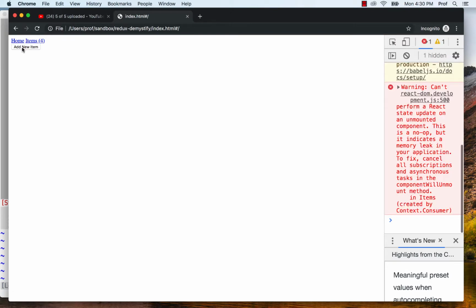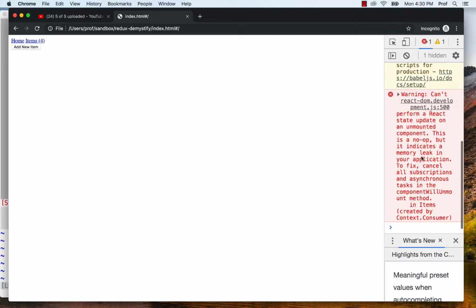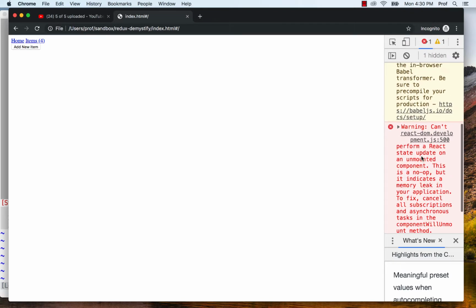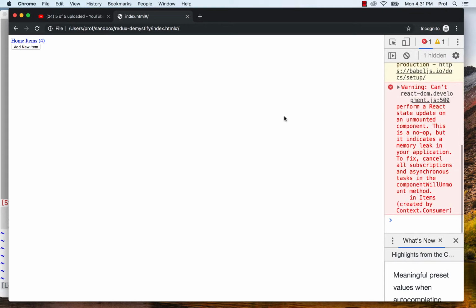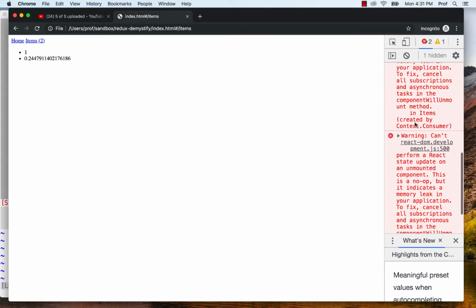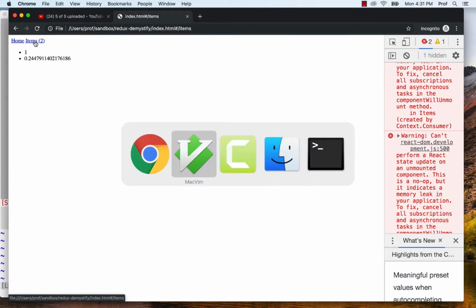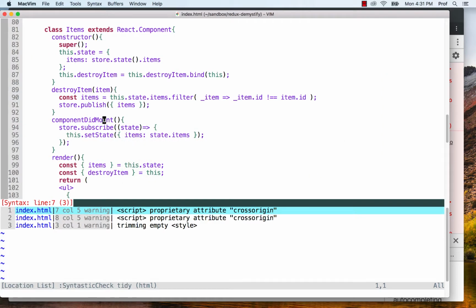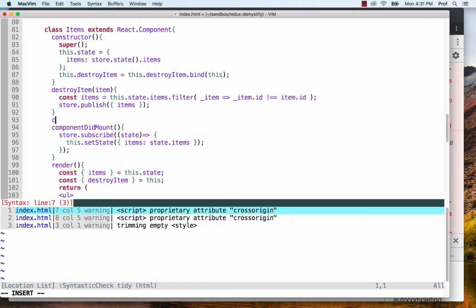We could add some items. And we're going to see some warning messages that are here. We'll talk about that in a second. But if I go to items here, I should be able to delete them. And I'll see some functionality, but I'm also going to see some messages that you're trying to update state on components that aren't mounted. And that's not a good practice to do. So one thing that we want to also do is that for both our items,